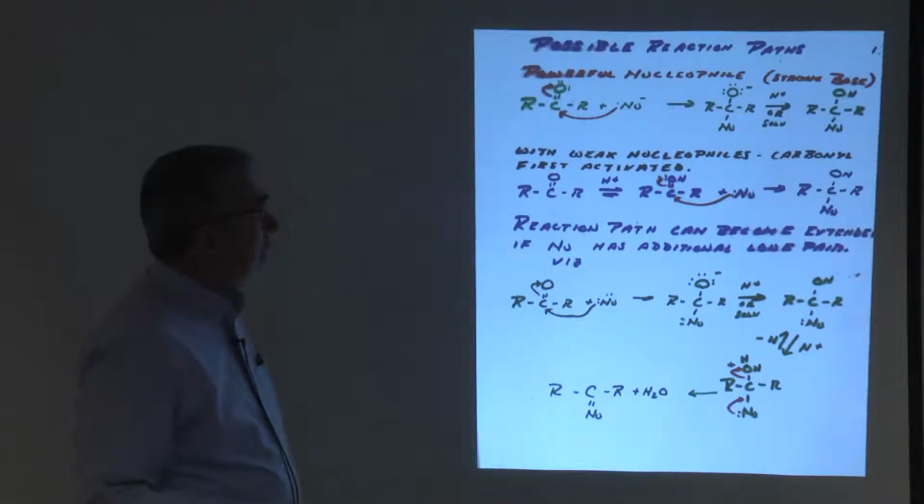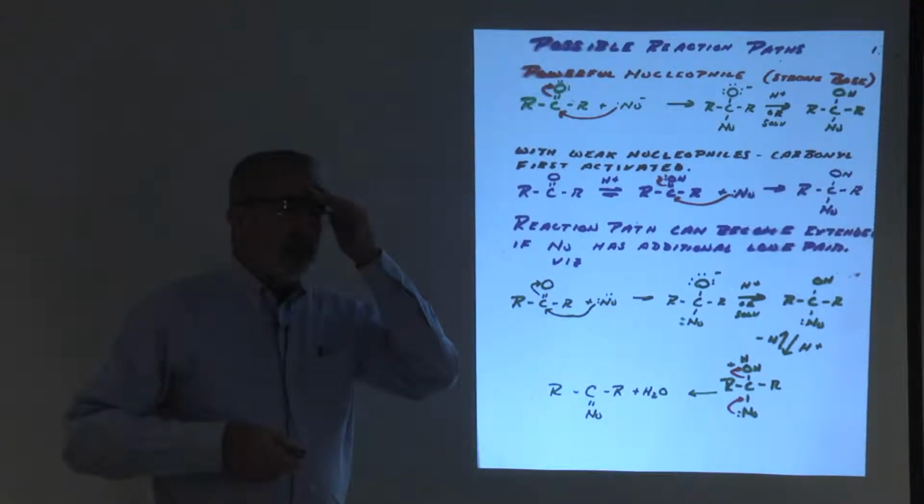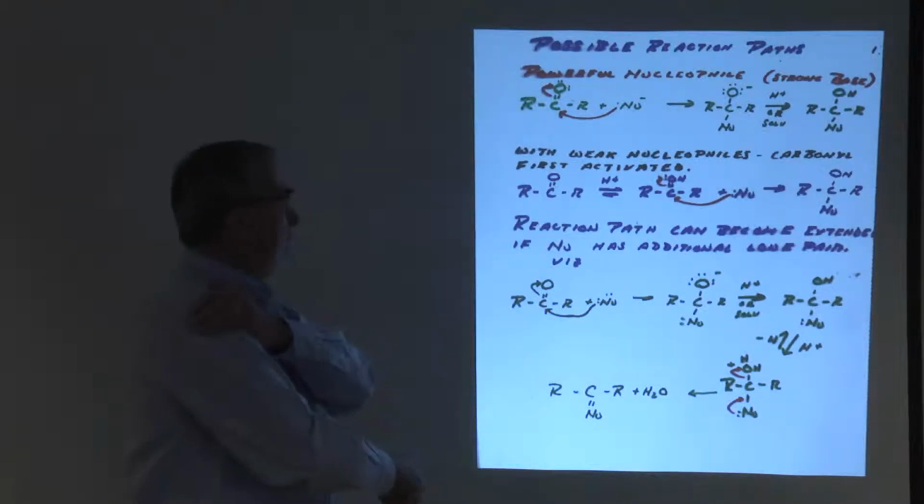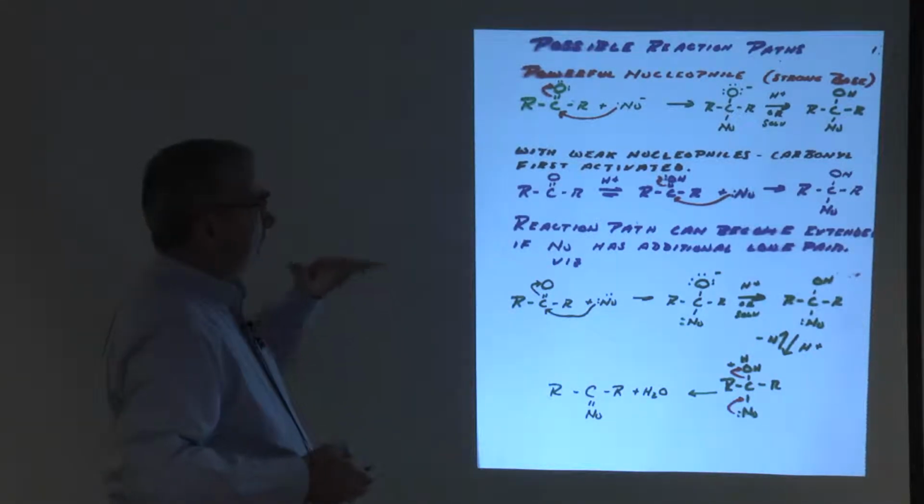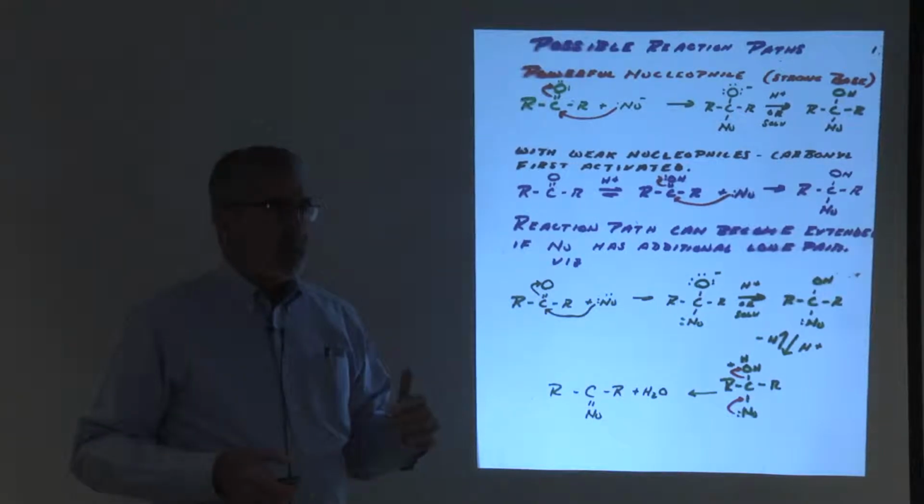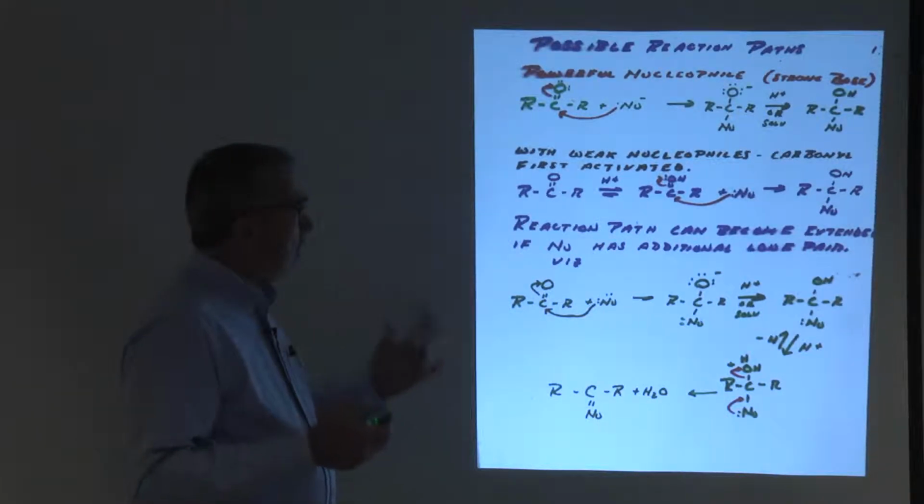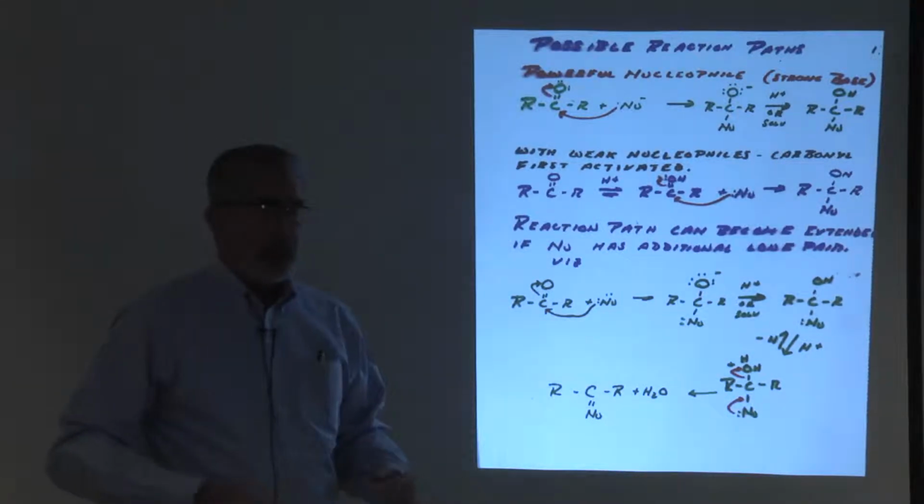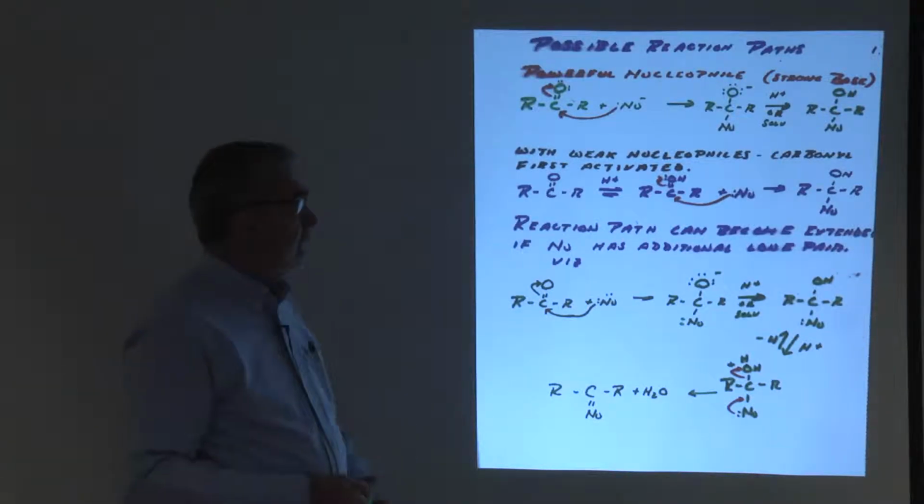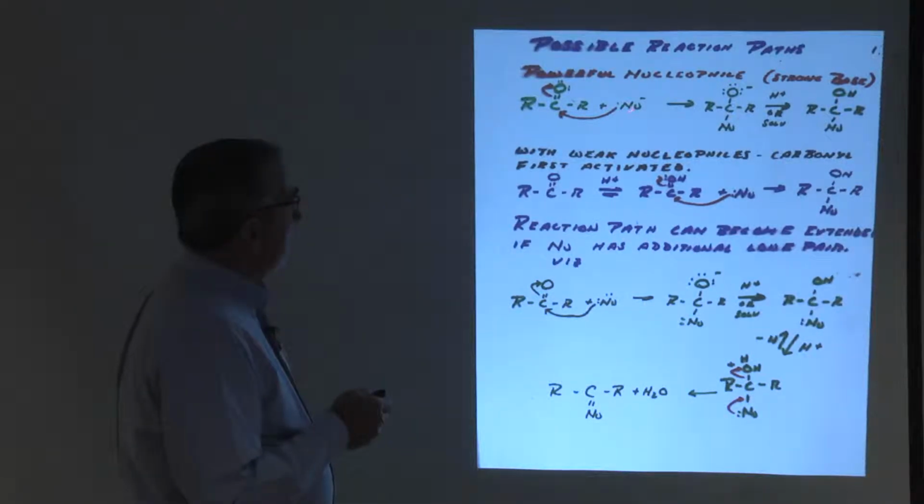Okay, all right, now that we've got the basics down, let's take a look at some of the possible reaction pathways. We can sort of categorize these reactions into two classes. We've got the ones where you have a strong nucleophile and the ones where you have a weaker nucleophile. All right, if you have a strong nucleophile, what will happen is that the nucleophile will directly attack the carbonyl,